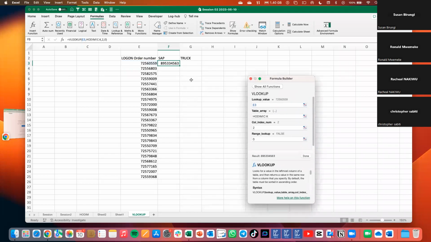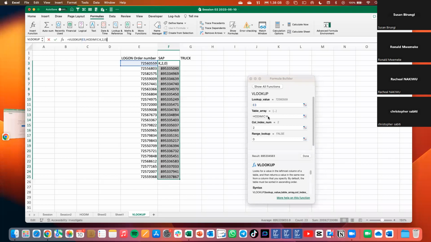Obviously, this one will remain for any other formula you want to do. So I will drag this downwards like this. Since I used columns which are not referenced with cells, I don't need to lock because they are columns. But if you had cells here, like you selected a certain range, you have to lock it. So it has picked for me